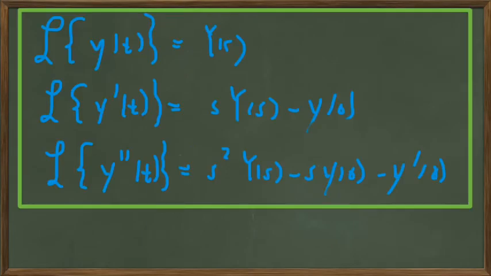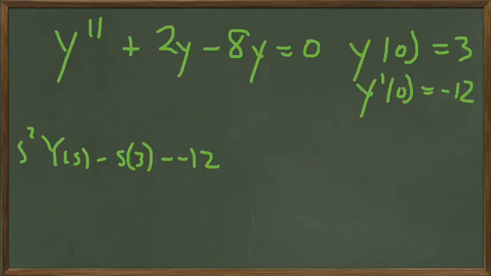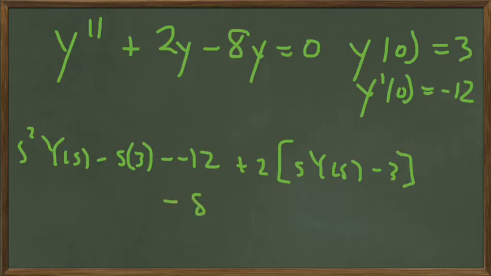Then we're going to use this for the Laplace transform of y prime, s Y(s) minus y(0). So plus 2 times s Y(s) minus y(0), and then the Laplace transform of y is just Y(s), so that's minus 8 Y(s), and the Laplace transform of 0 is 0. Now we're going to collect